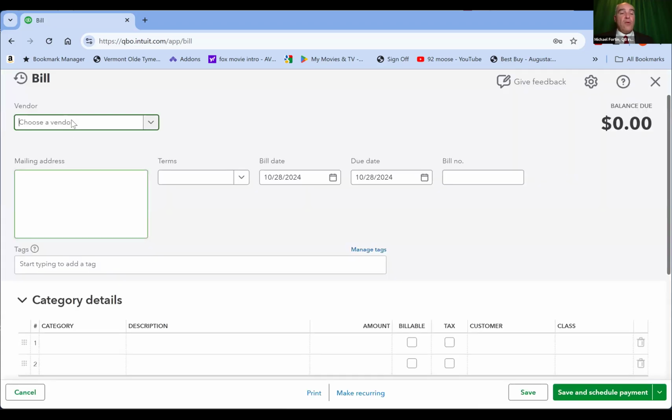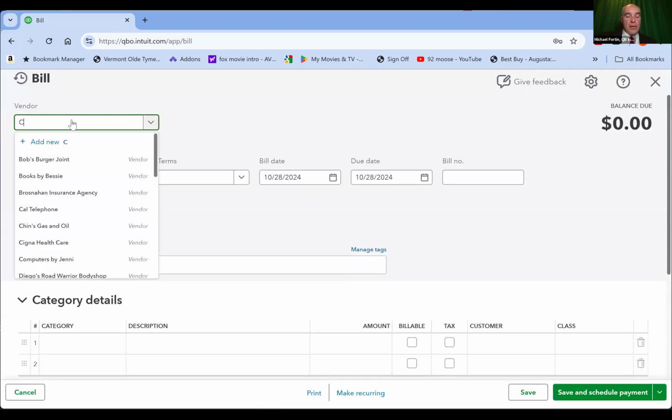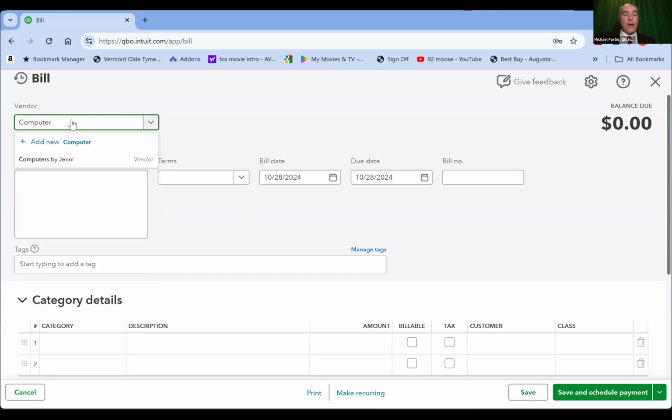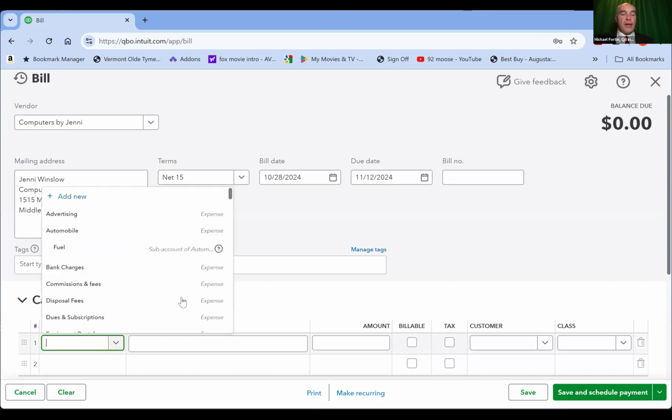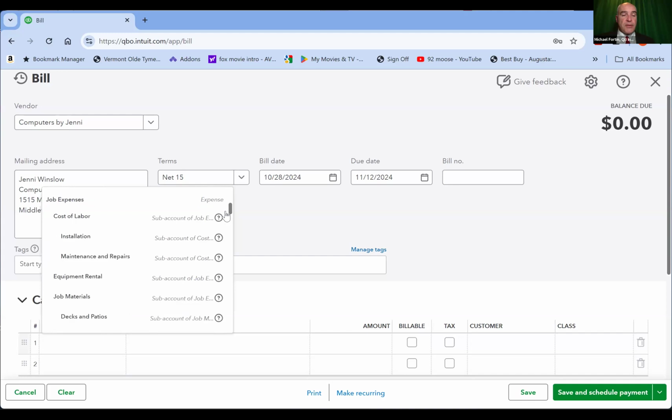And in the upper left-hand corner under vendor, I'm going to type in computers. So Computers by Jenny. The terms are going to be net 15. What is it I'm buying? Computers, right? So we'll call that office expenses.